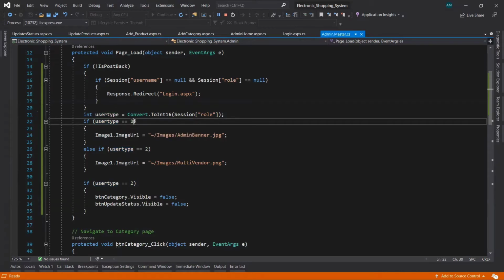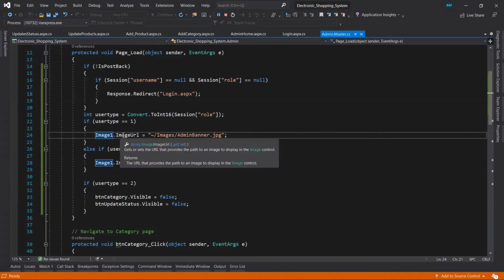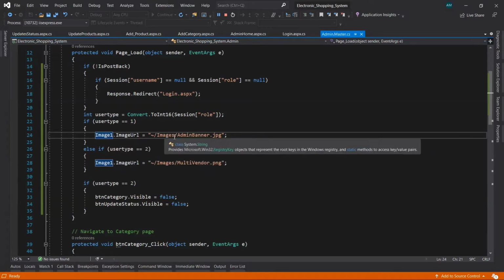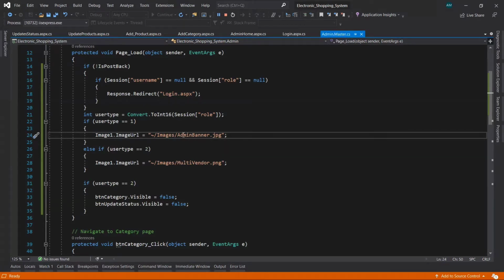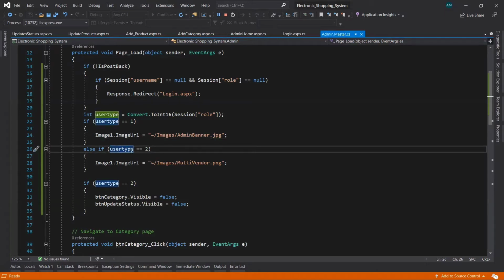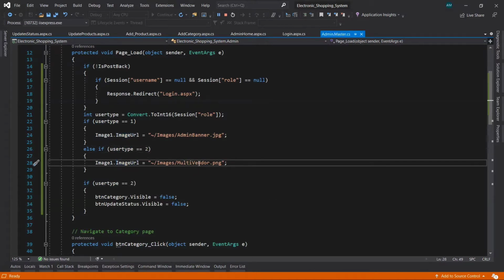If it is equal to 1, then it will change the image through the image URL property to image banner. And in the else if part, if the user type variable has value 2, then it will change the image URL to the multi-vendor PNG.